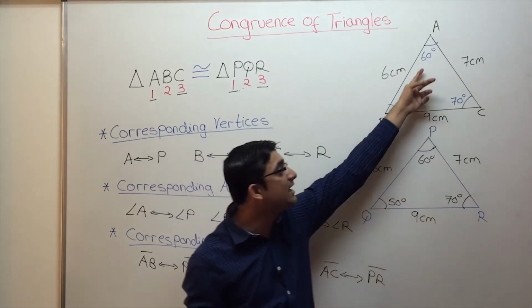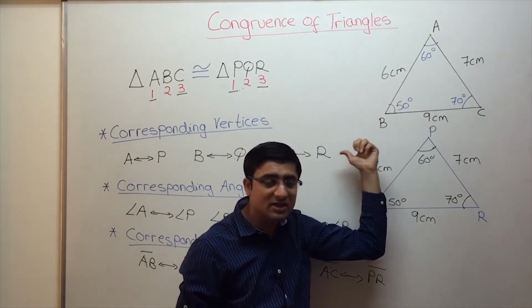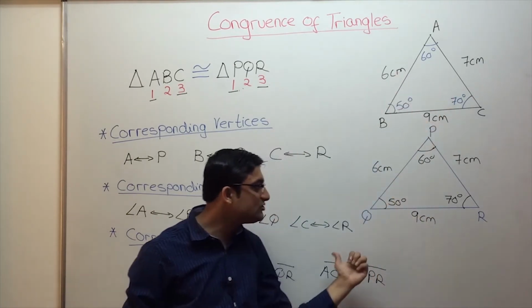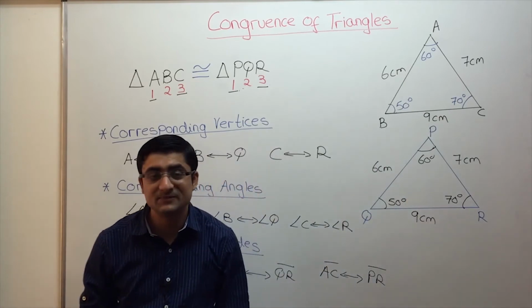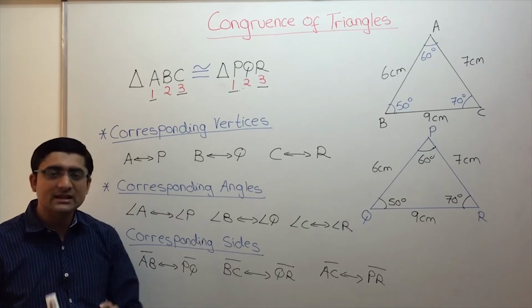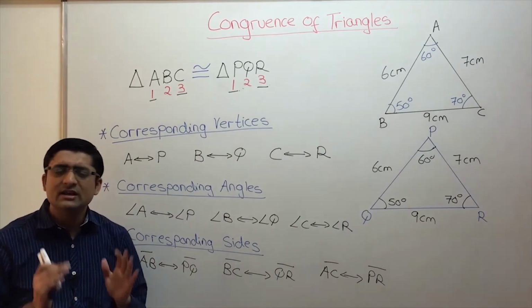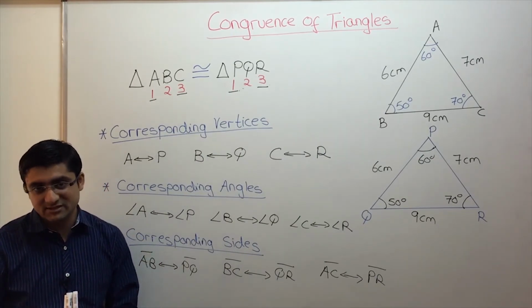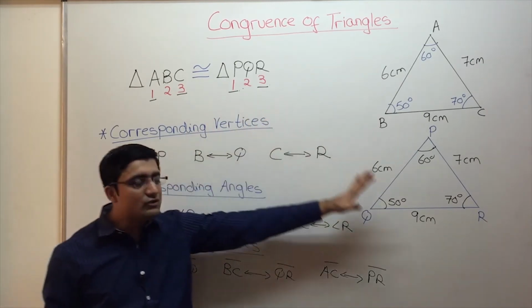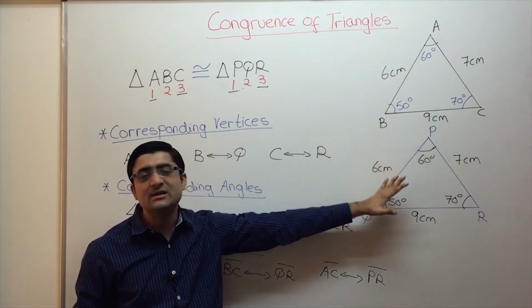For example, I give you 3 angles over here. Based on the correspondence, we got the 3 angles. Similarly, I gave you 3 sides over here. Based on the correspondence, we got the 3 sides. So this is what is meant by congruence of triangles. I repeat once again, 2 triangles are said to be congruent if they have the same shape and same size. How do we determine that? We'll learn it a little bit later. As of now, 2 triangles are said to be congruent if they have the same shape and same size.